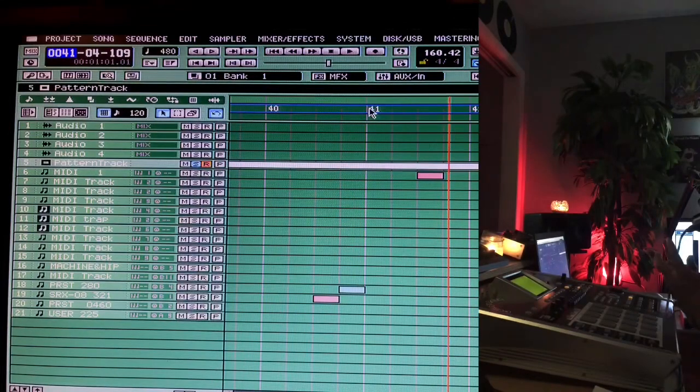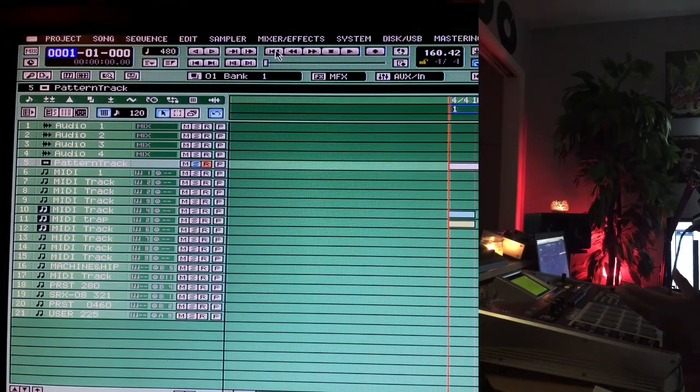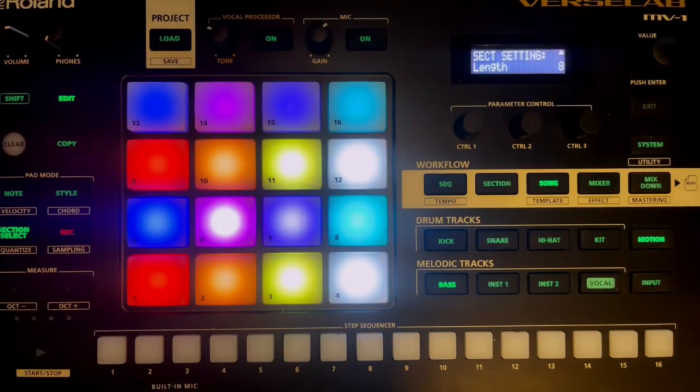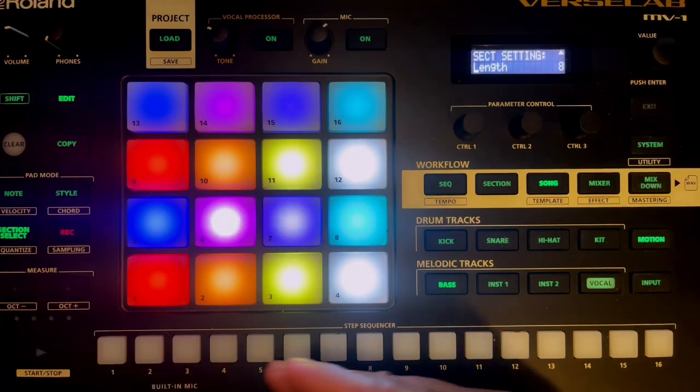This one concept is such an MV thing. Flexible workflows, every last one of them, which there's only 4, so it's not a whole lot, but every last one of them have these really flexible workflows. And once you set up those patterns, man, you're good. You can pull from those patterns to create your song the exact same way we're going to pull from clip mode in the MV-1. So, just like the pattern track installed on the MV is down here now,